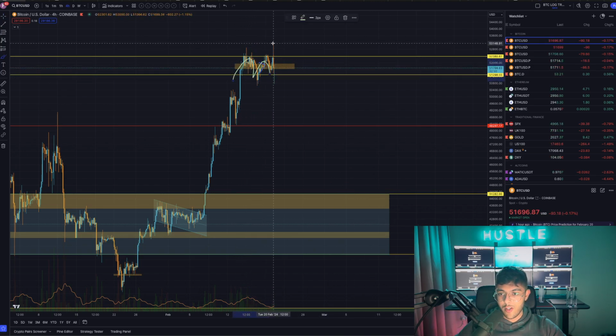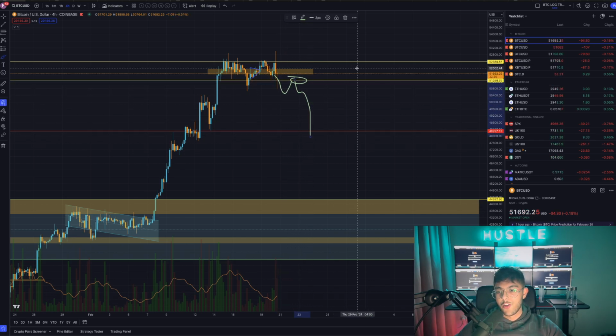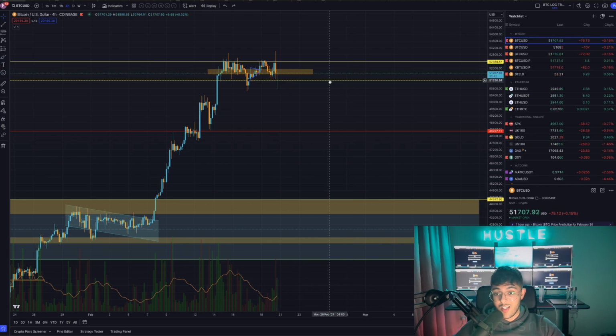If we're on the 4-hour time frame, this was actually just a wick, and we've started to form a bit of a double top pattern, which is usually pretty bearish. So this is my point, is that if we do start to see a kind of break, one of the things I'd love to see is that, yeah, we do end up dropping down, but then we get that kiss of death, and then really send it and just absolutely drop like a rock. That would be the safest, healthiest way to drop down. I don't know if we're actually going to get it, but if it does drop now, the thing you've got to keep in mind is